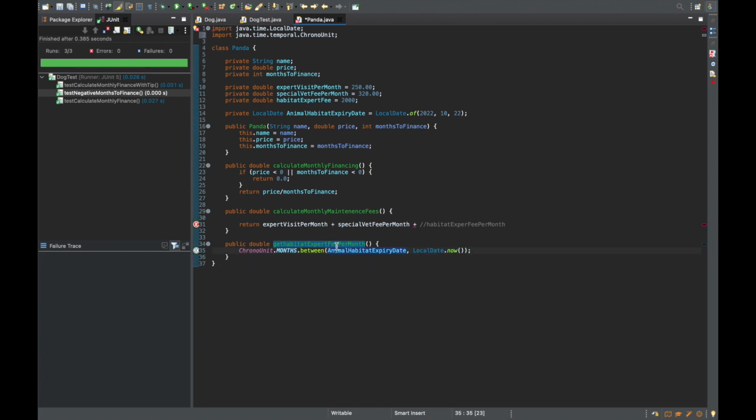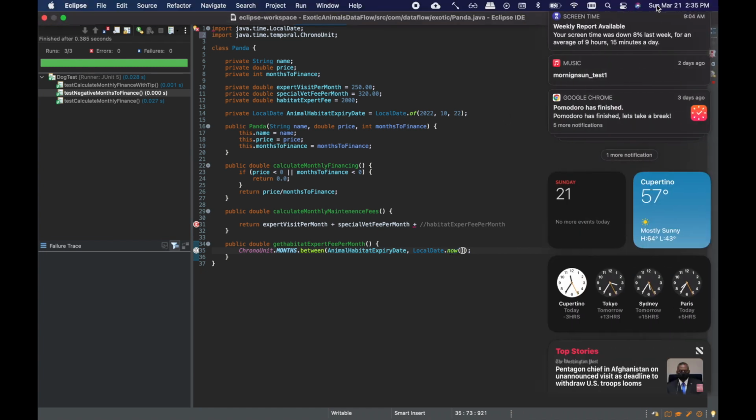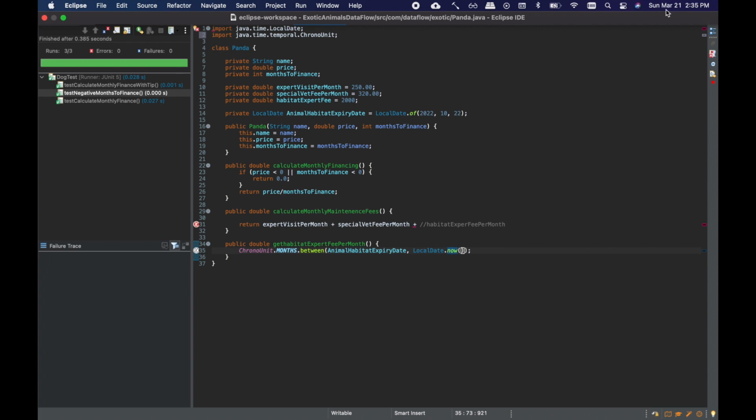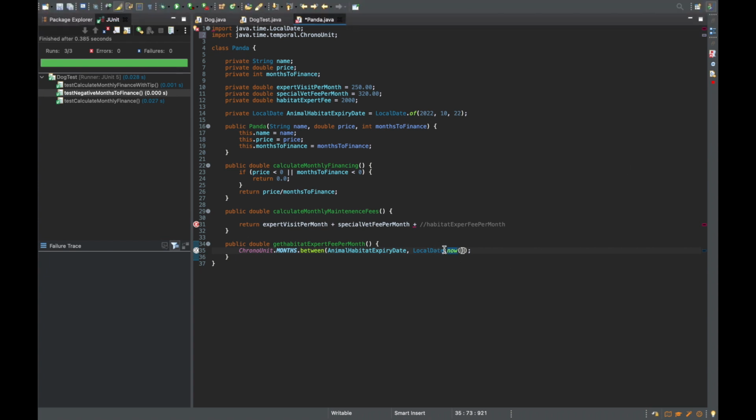So this is obviously the expiry date that we defined up here. And LocalDate.now is a pretty cool functionality because it will return the local date of today. So today is March 21st, 2021, so it will basically print out March 21st, 2021 in your file. So what we want to do now is make this equal to a